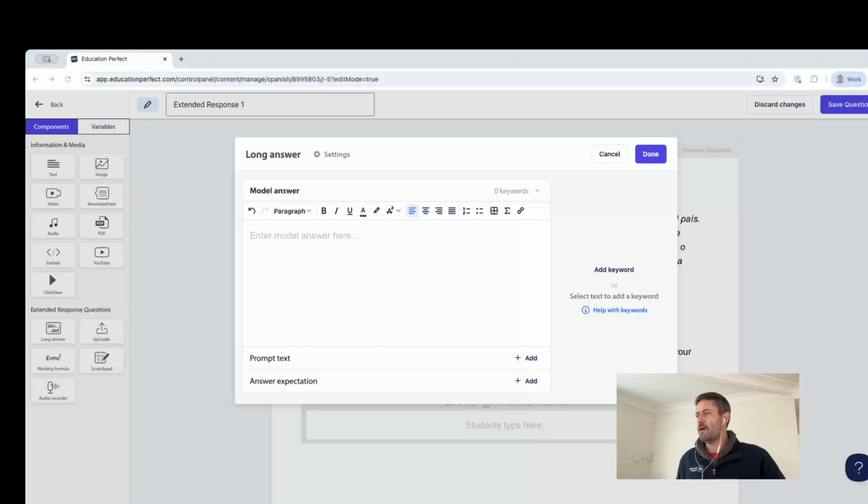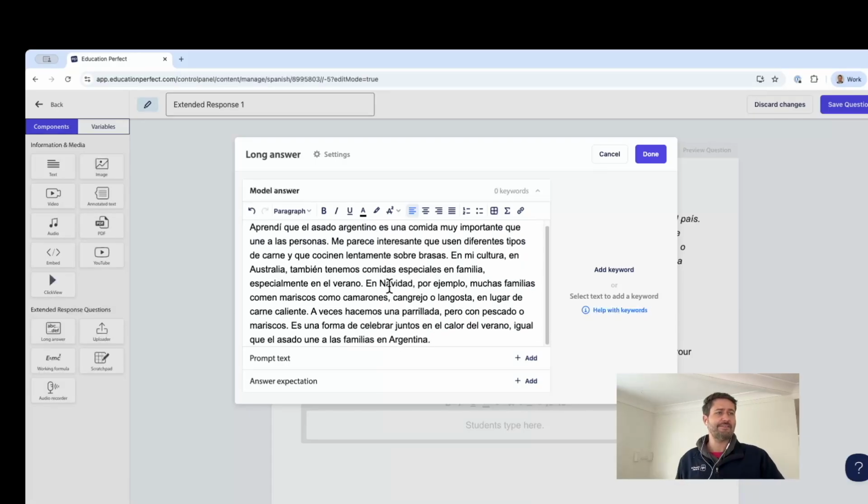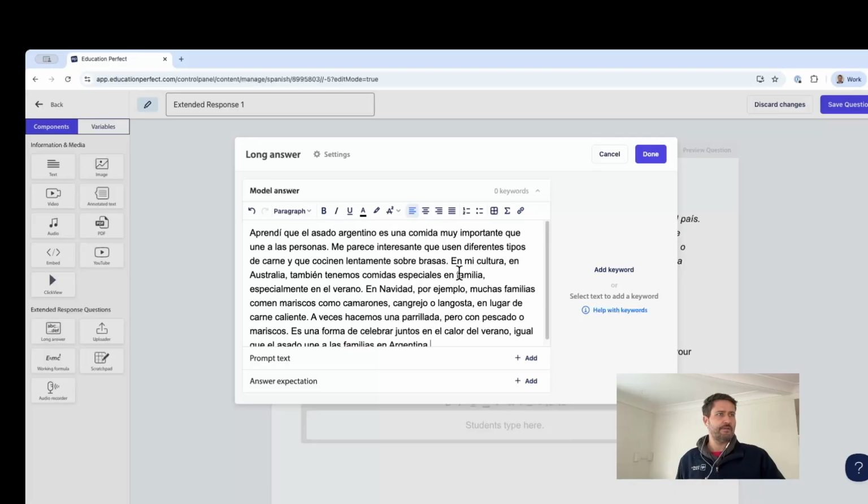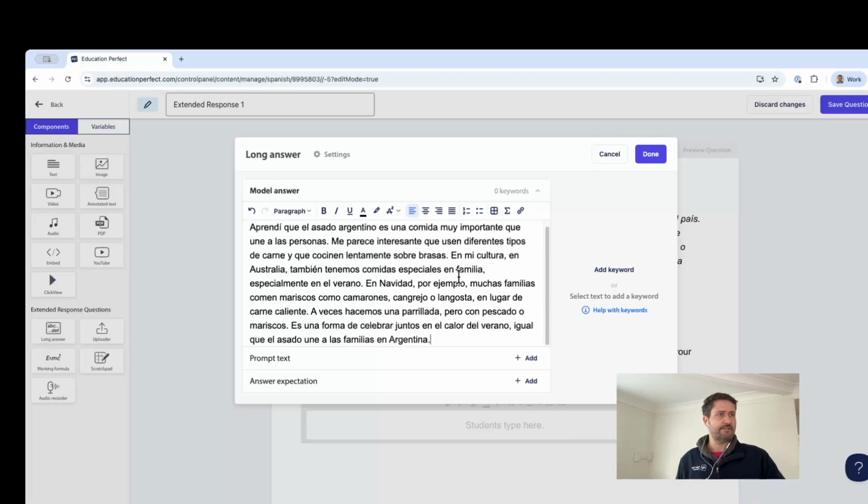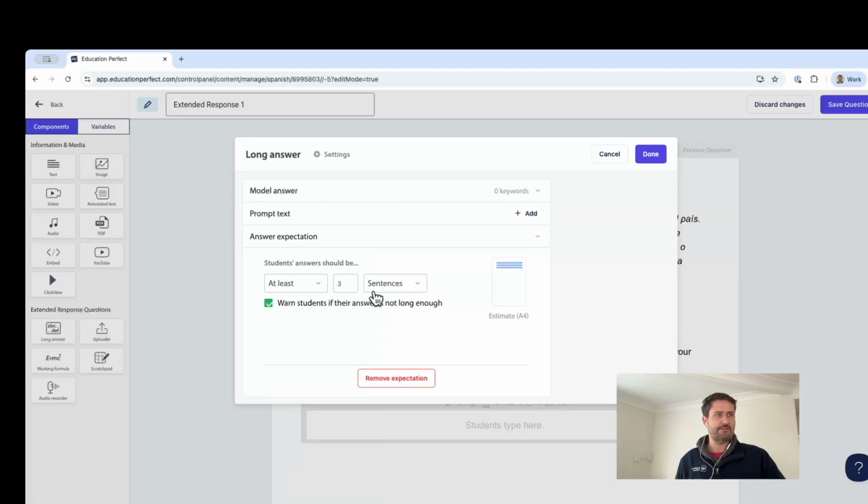This does take a little bit of time, but I imagine if you have some content or some questions that you really like using, you might have a couple of these ready to go. If not, just come up with the ideal answer and paste it in there. So I've got my ideal answer where I talk about what I learned about Argentine asado and the kind of equivalent that we have in Australia, Australian barbecue. And I suggest also adding in an answer expectation. In this case, it's at least 3 sentences,